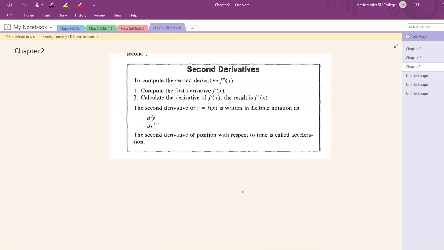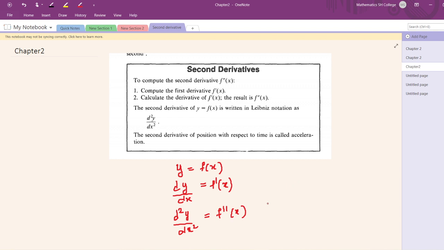Now you can see how we can also find the second derivative. How to find the second derivative? So f double dash of x. Given a function, if it is given y equal to f of x, first find the first derivative. So it is dy by dx. First derivative is f dash of x. Once you have f dash of x, now again find the derivative of f dash of x with respect to x. We usually denote it by d square y by dx square. So it is nothing but f double dash of x.